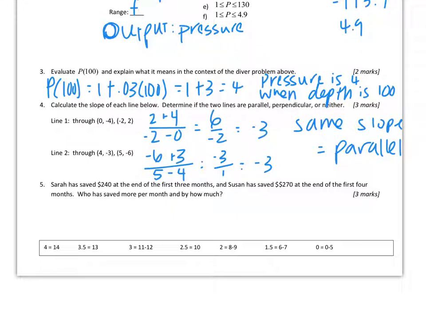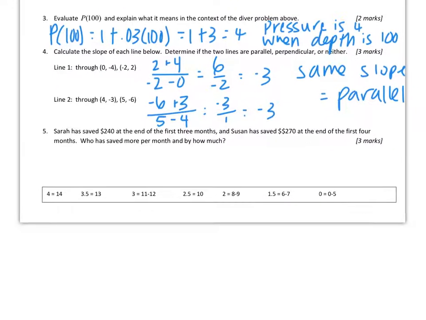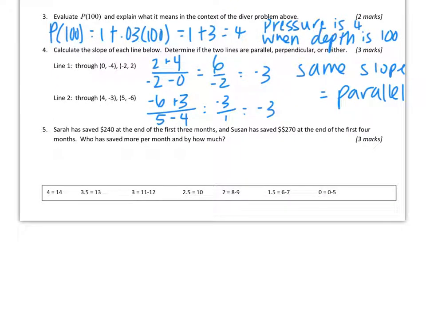Last one on this page. Sarah has saved $240 at the end of 3 months. Susan has saved $270 at the end of 4 months. Who saved more per month and by how much? So Sarah did $240 in 3 months, so she saved $80 per month. Susan did $270 in 4 months, so she saved